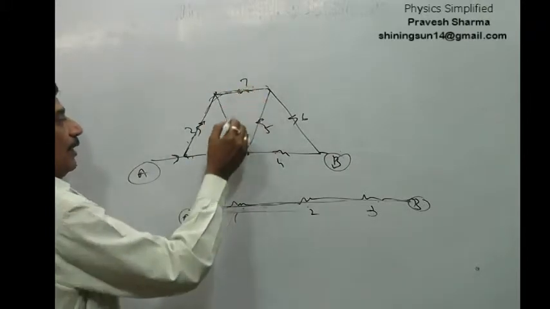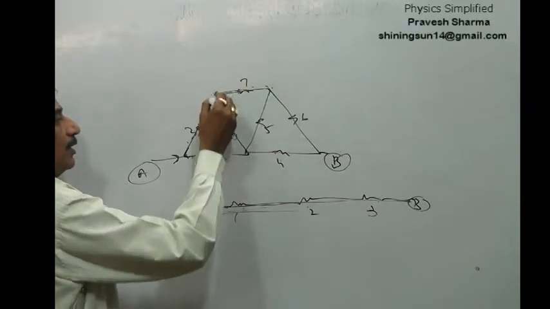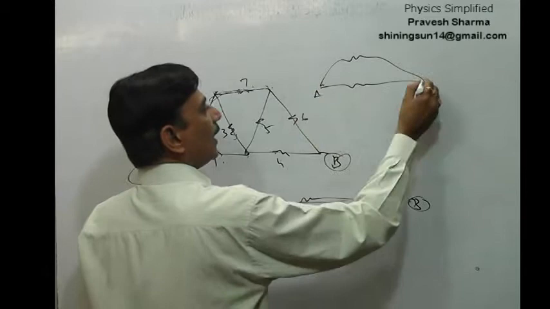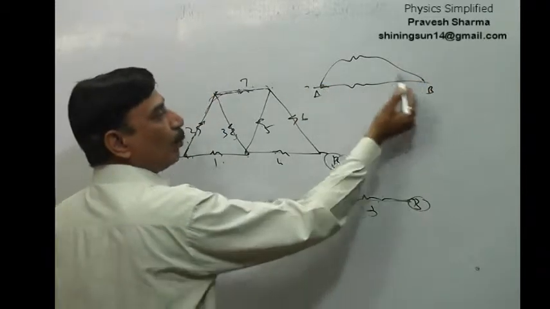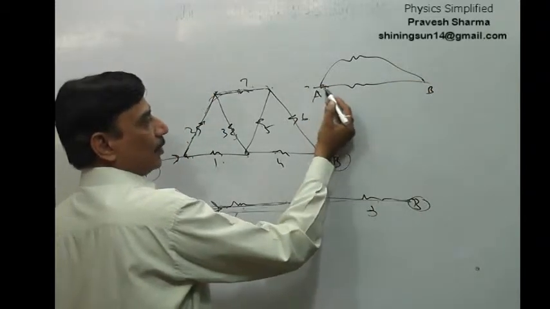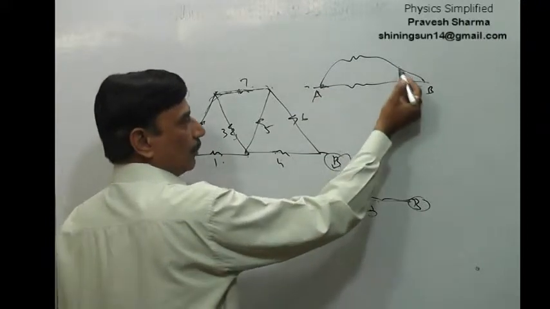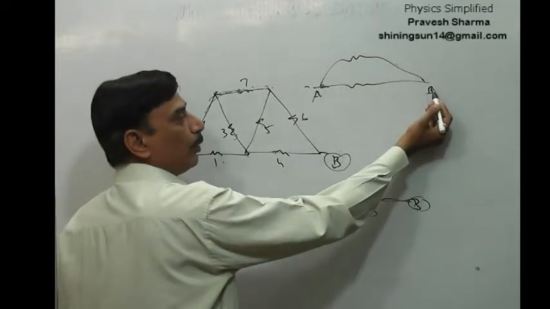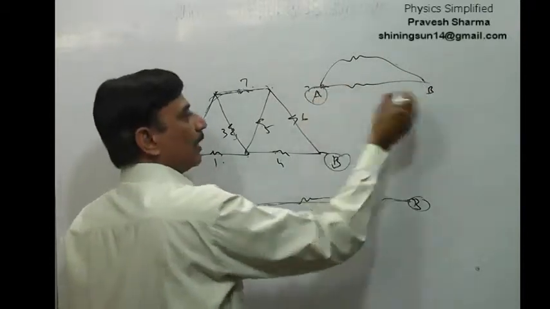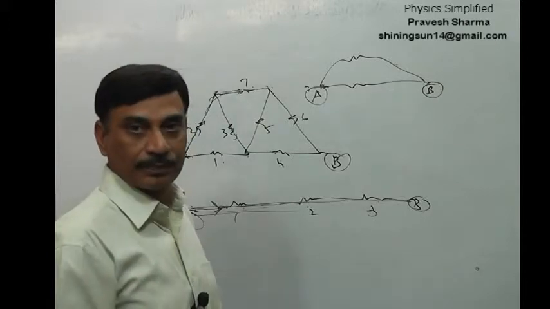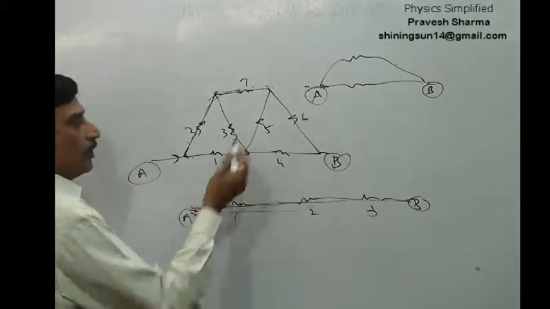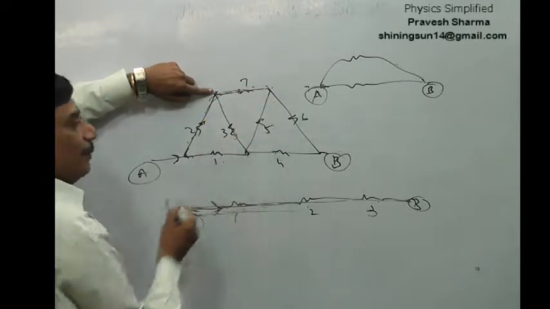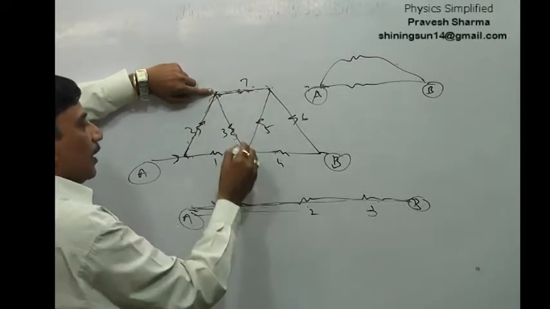Similarly over here, if you say 7 and 3, no, this takes you over here, this takes you over here. For parallel, what is the thing like? If this is A, this is B. The path splits at A, and both the paths once again rejoin at B. So you have two options to go from the same point to the same point, that is A to B. This point should be the same, and this point of merging should also be the same, which is not the case here. If you say 7 and 3 are parallel, no, they are not parallel. It is taking you here, it is taking you here.